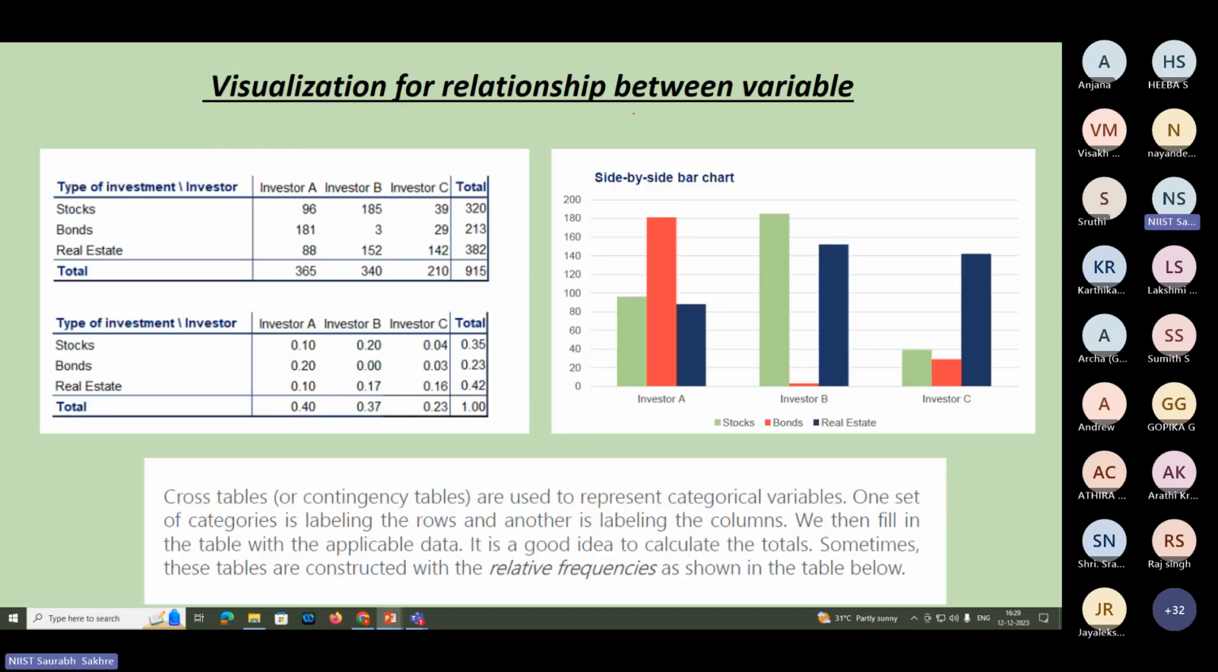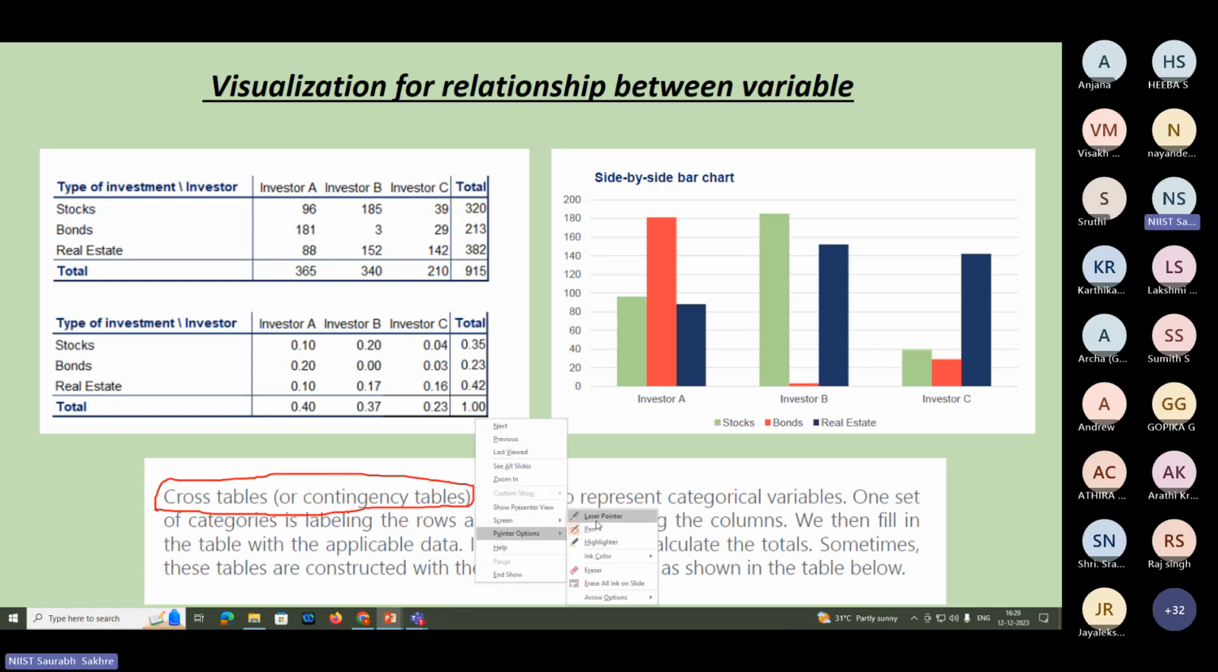Now, sometimes we will have more than one variable in our experiment or in our analysis, whatever we are doing. In those kinds of cases, we make a cross table or contingency table. This table you are seeing is known as a cross table or contingency table. This table has one advantage. In this case, the diagonal sum will always be